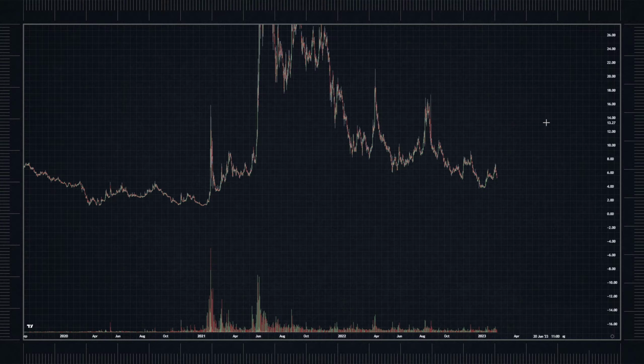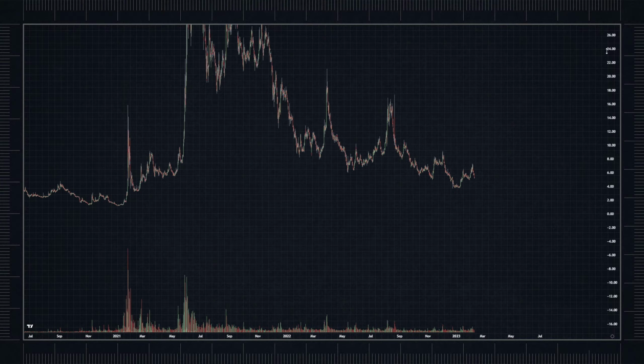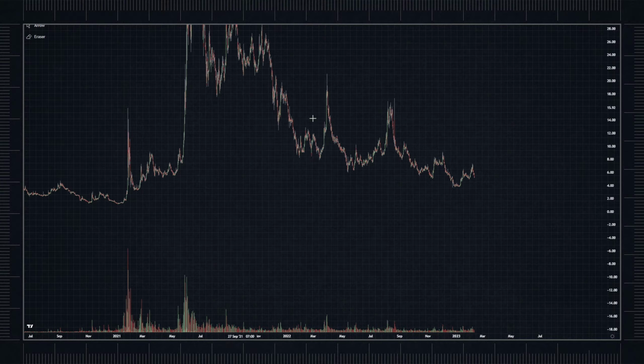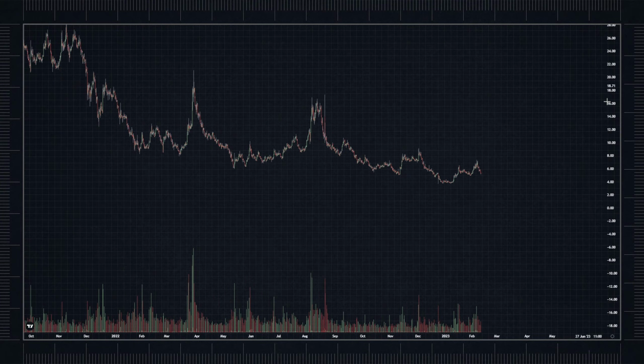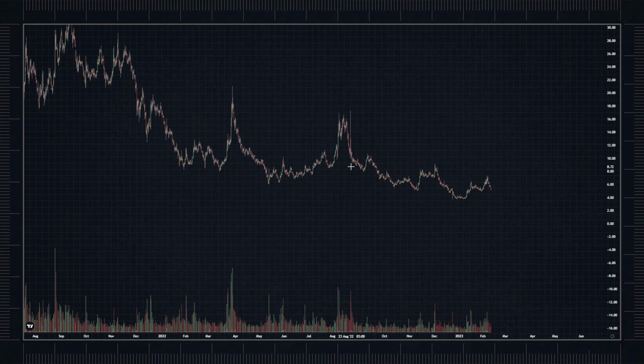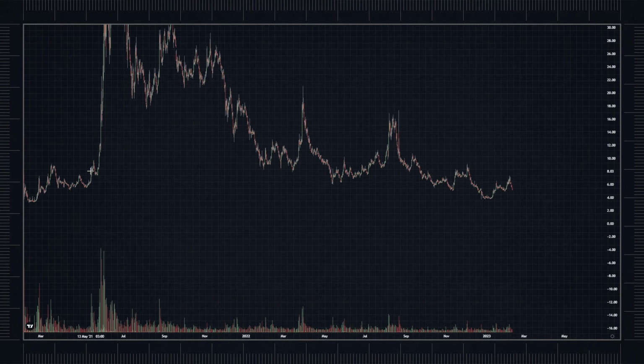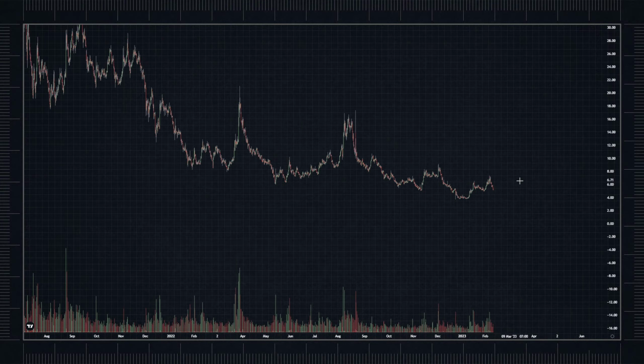That's what it seems like we're doing right now, and I'm going to show you a couple of patterns that I think are valid for what we're doing. Let's pull up some of these patterns. So there's one I pulled up, the one that we had back here in May of 2021, prior to the June run-up. Obviously, this one's bigger. We also have this one right here.